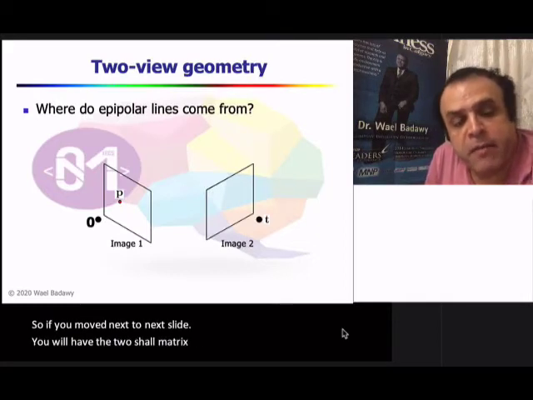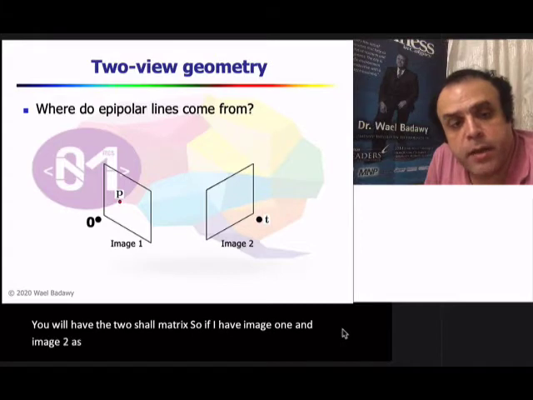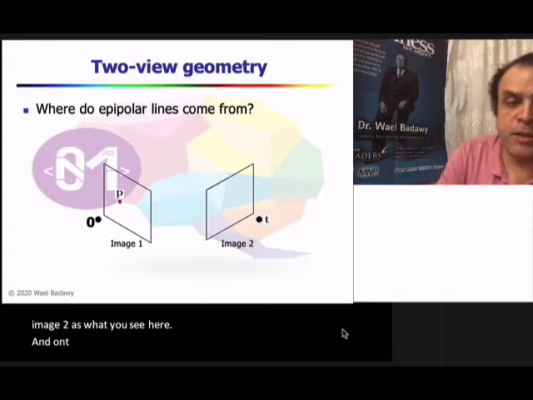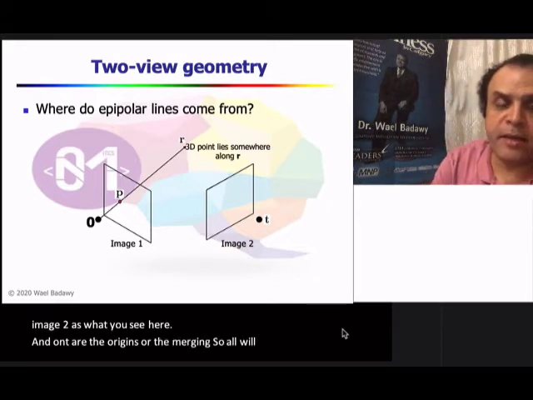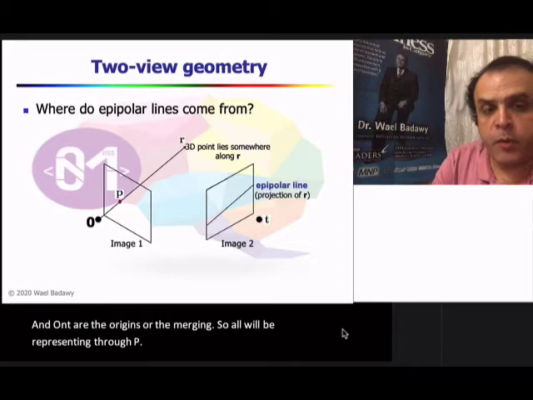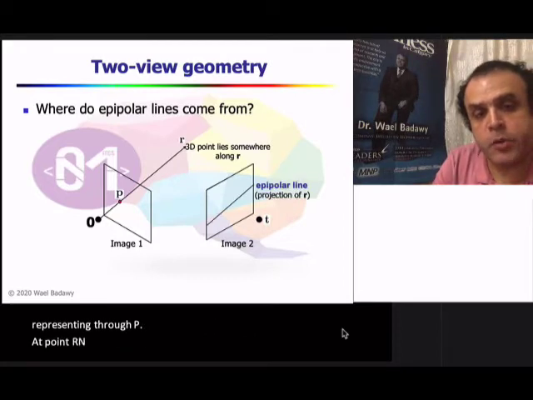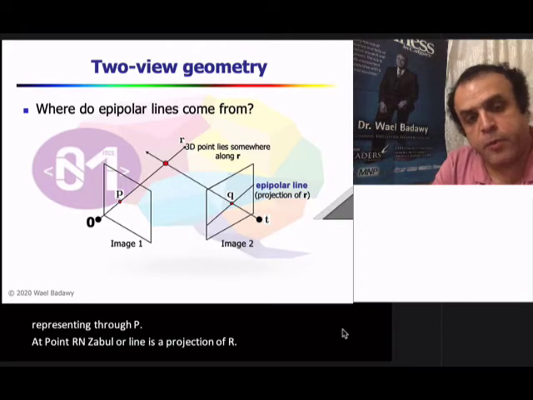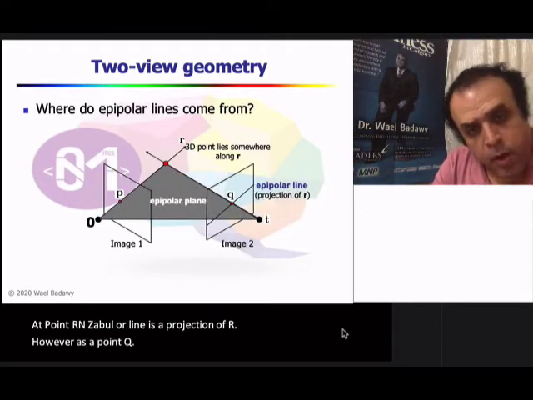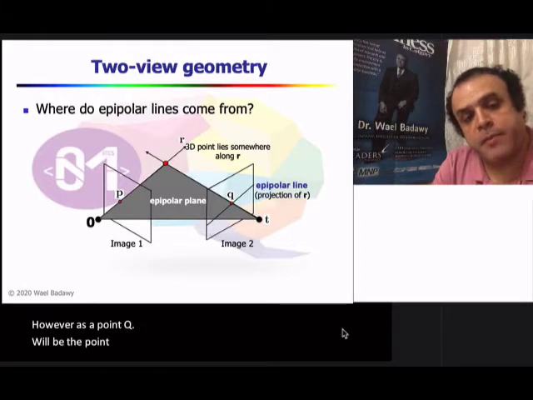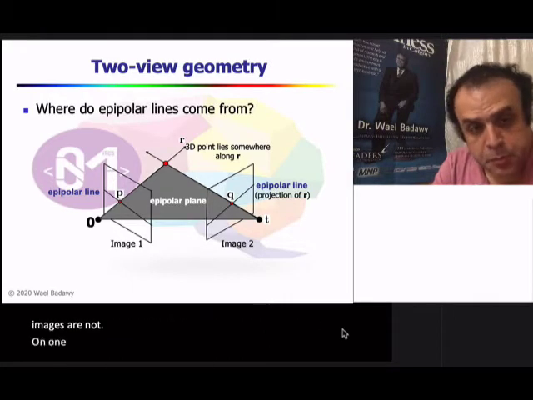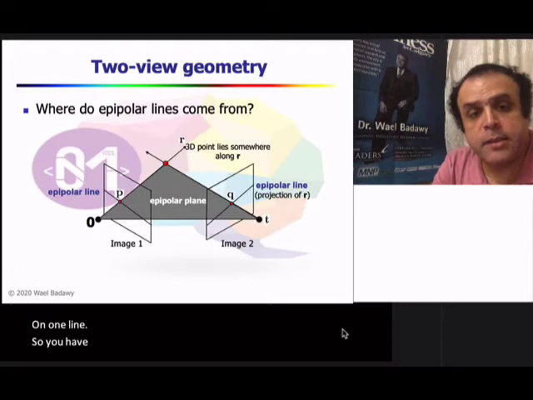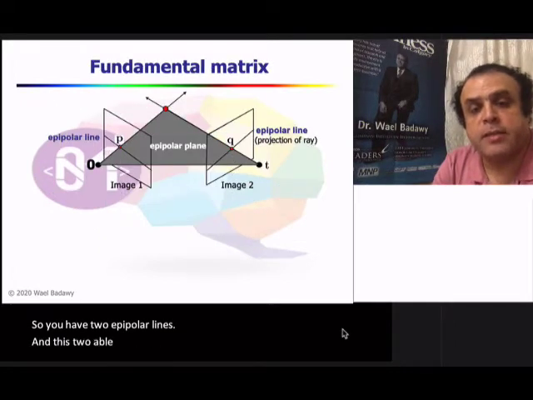So if I have image 1 and image 2 as what you see here, and O and T are the origins or the imaging centers, so O will be representing, through P, a point R, and the epipolar line is the projection of R. However, the point Q will be the point where it represents the intersection. So this epipolar plane comes from the fact that these two images are not on one line. So you have two epipolar lines, and these two epipolar lines will represent a